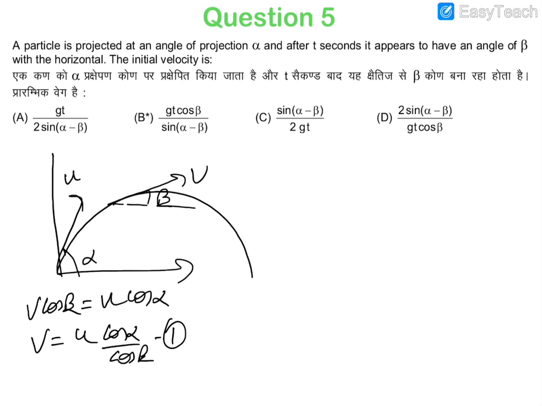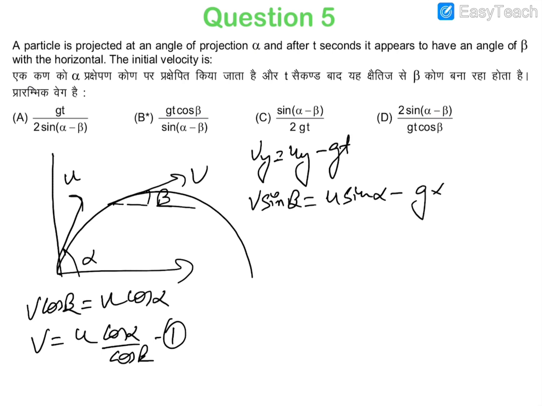we can use the time in y direction, and we can say that vy is equal to uy minus gt. So vy is v sine beta, that is equal to u sine alpha minus g into time t. So the value of v is u cos alpha by cos beta into sine beta is equal to u sine alpha minus gt, and we have to find out the value of u. So you can see that it is